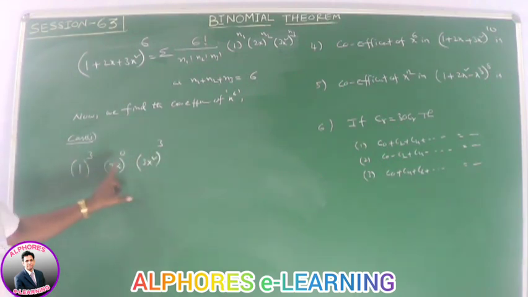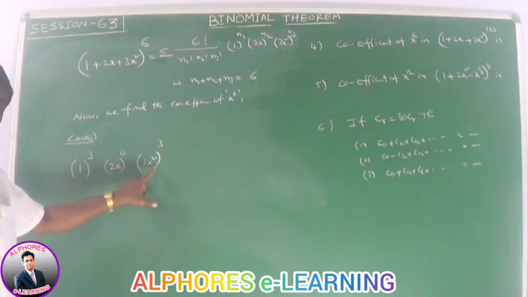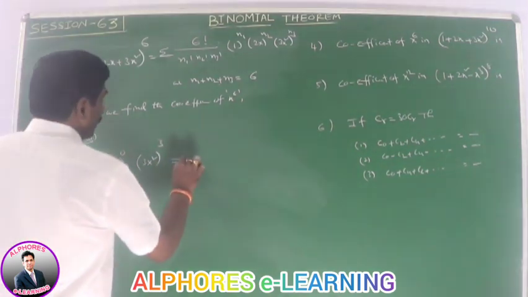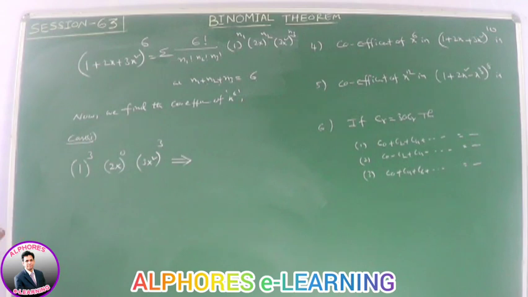Here the product of these three values is nothing but 1 cube into (2x) whole power 0, which means 1, into (3x²) whole cube, which means 3 cube into x power 6. So this term contains x power 6, so we get the x power 6 coefficient in this case. Okay. In this case, what is the coefficient? Please observe this value. Possible cases: 1 power 3, (2x) power 0, first we consider the higher power, (3x²) whole power 3.